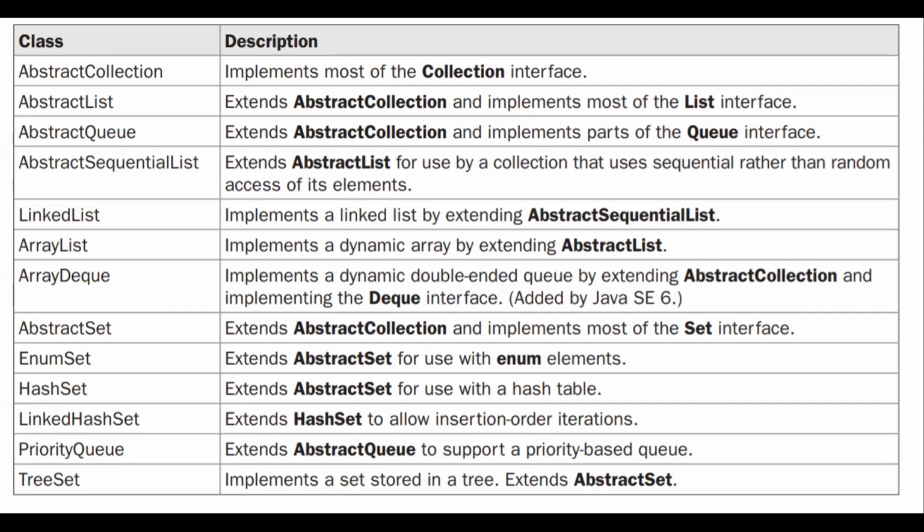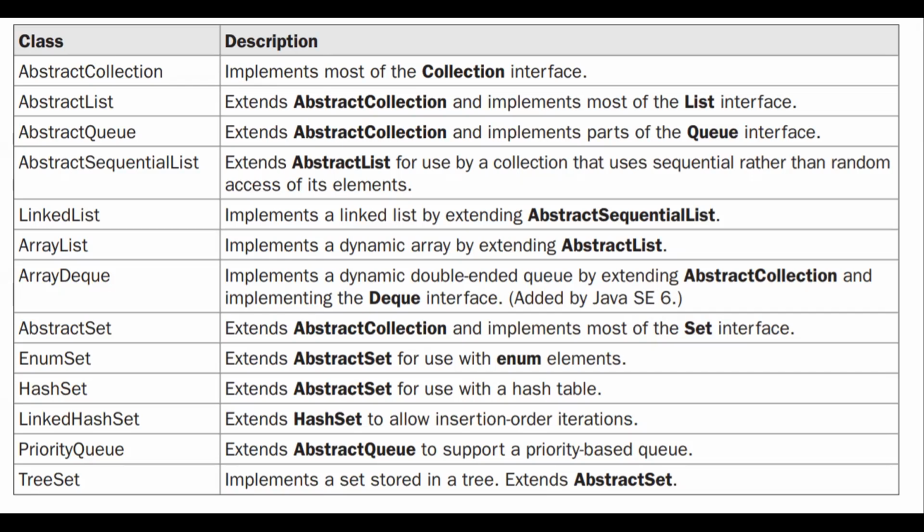The standard classes are listed here, and these classes are not synchronized. The synchronized versions are also there. A summary of the classes in the collection interface is presented.